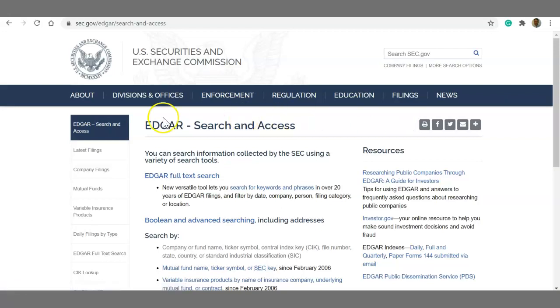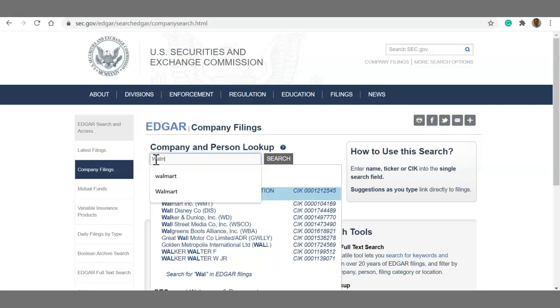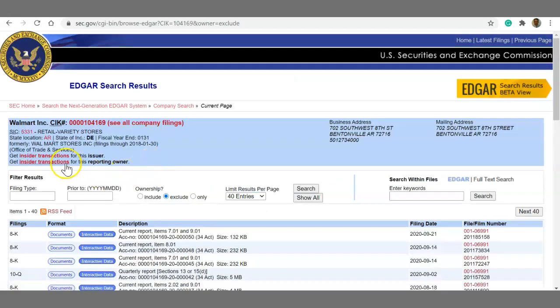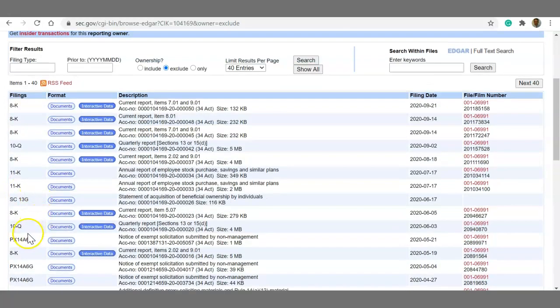And now you can go down to, let's say, company filings. Okay, click on that. And here you can look for a company. Let's say Walmart. Enter. And this is Walmart now. Information that Walmart is filing with the SEC. They have an obligation to do that. So they are going to file, let's say, a quarterly report. And they are filing, let's say,